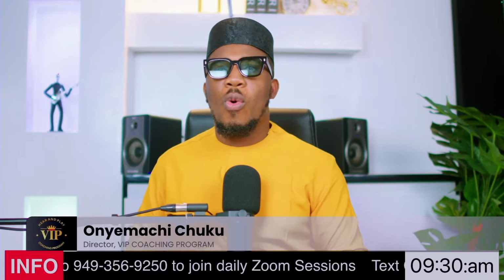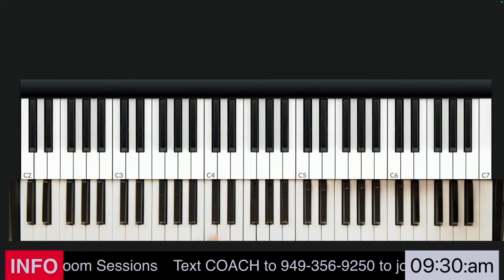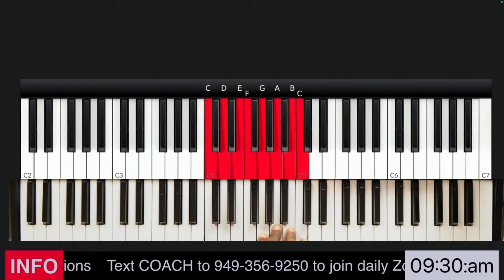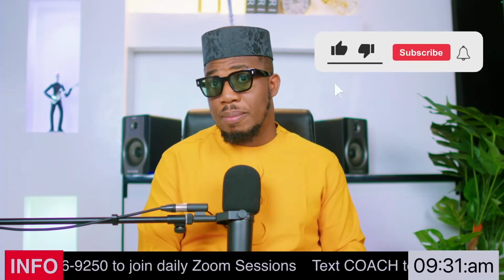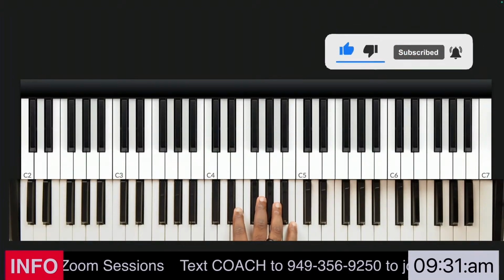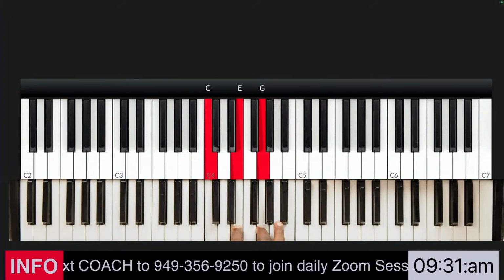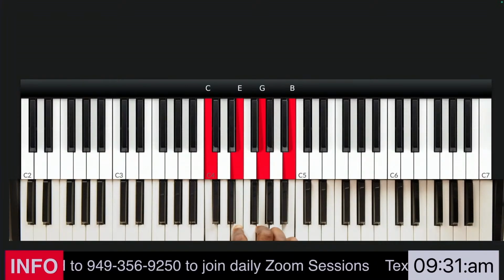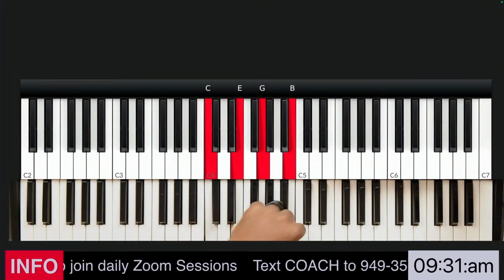So what is chord extension? We're going to go straight into the principle of chord extension. So watch this. Your major scale serves as the harmonic source for the tones used in chord formation. Your chord will usually consist of the first, third, fifth, and seventh tones of the major scale. So if you take a look at this chord, we have the 1, 3, 5, and 7 of the C